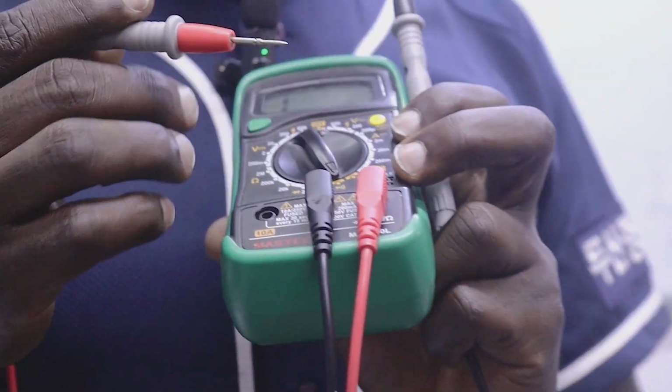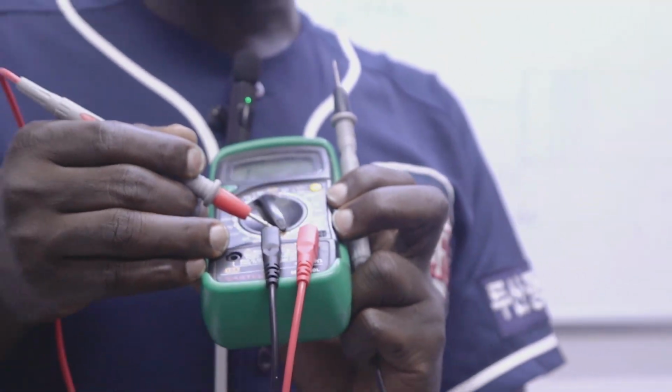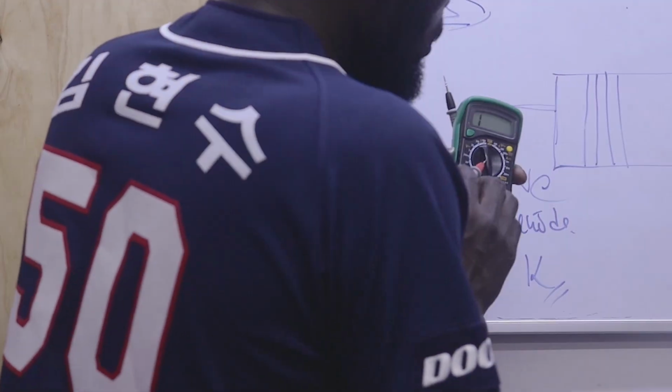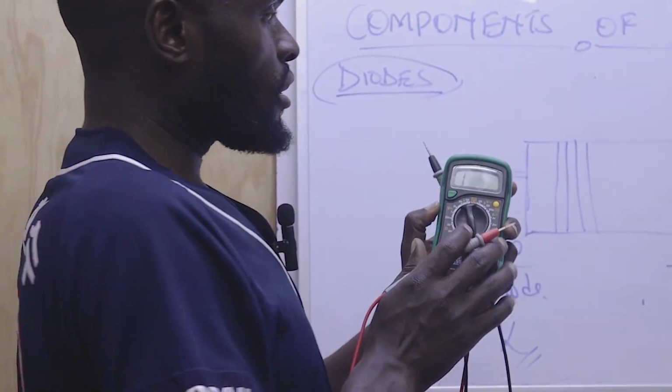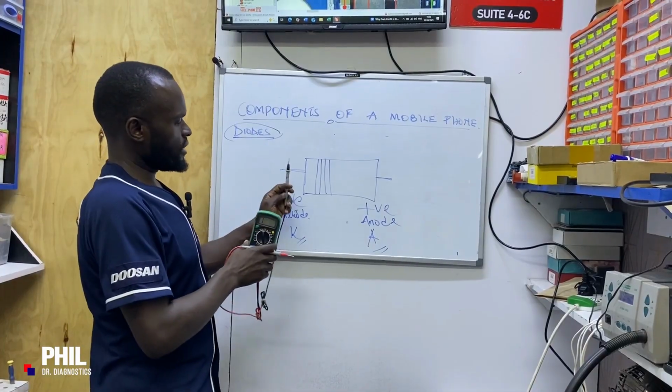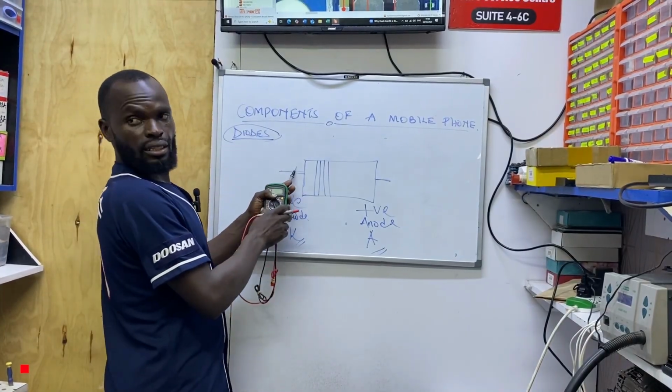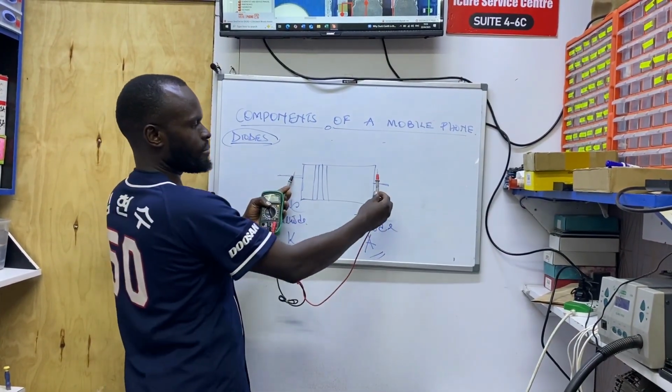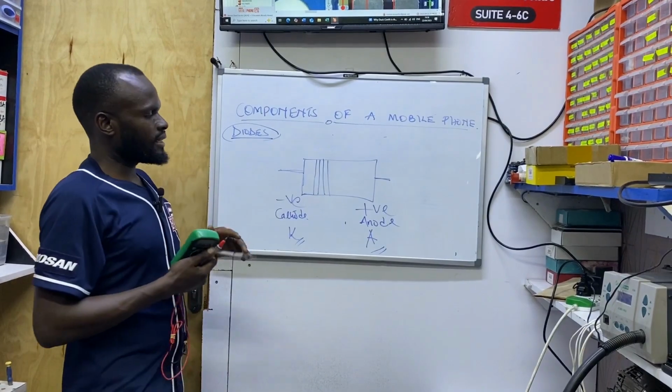For instance, this place, you can see this is the continuity mode or the diode mode. You will turn your knob to the continuity mode so that you can measure a diode. You see here, the negative probe on the negative side, the positive probe on the positive side. Mark these